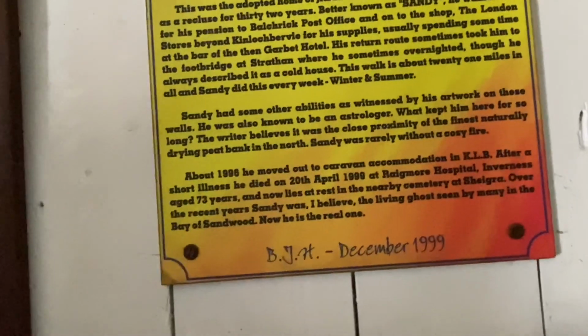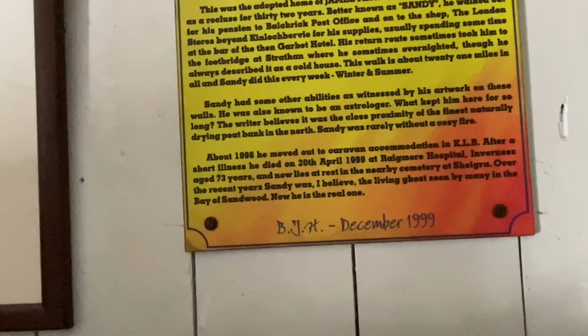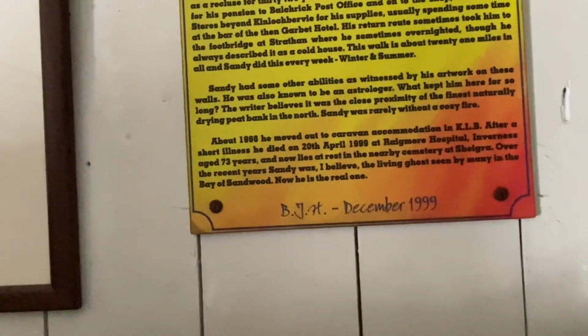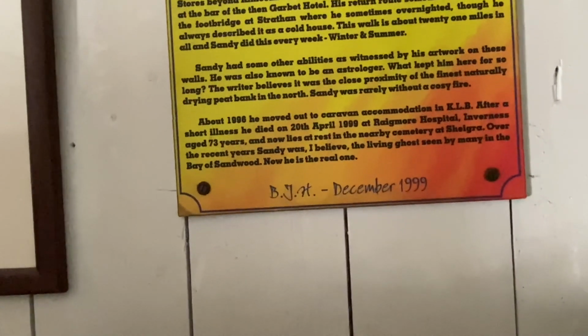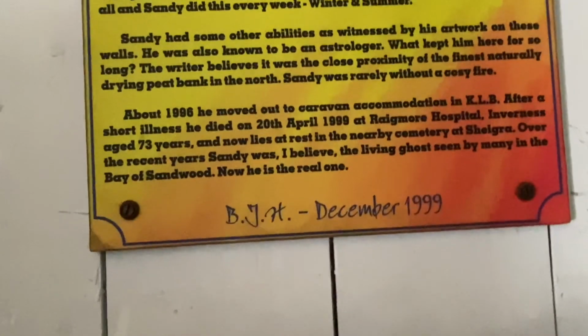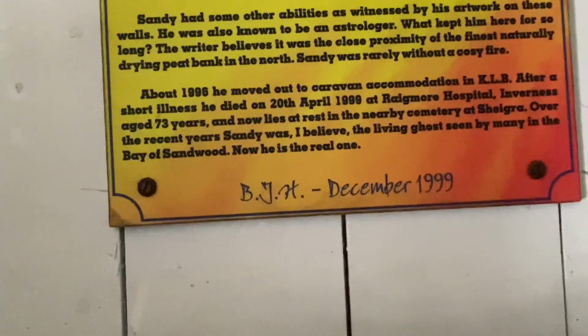Oh, in 1996 he moved to caravan accommodation. Wow. And then he sadly died in April 1999. He was 73 years old. Wow. He is supposed to be the ghost that's seen in the area. So I wonder if we'll feel him or see him or...